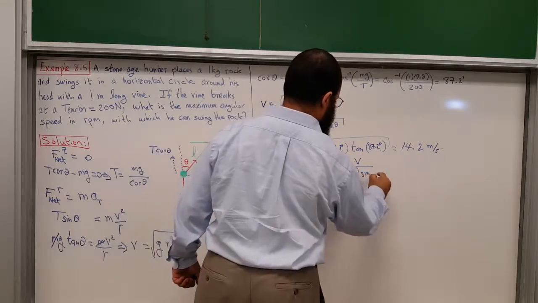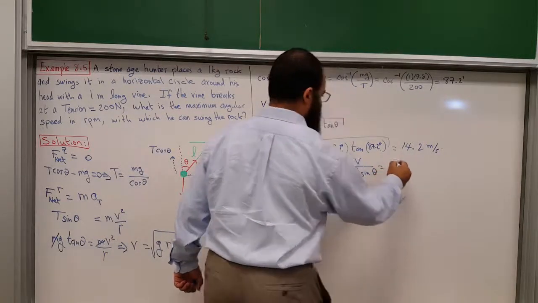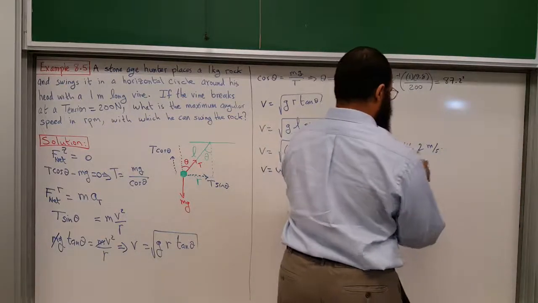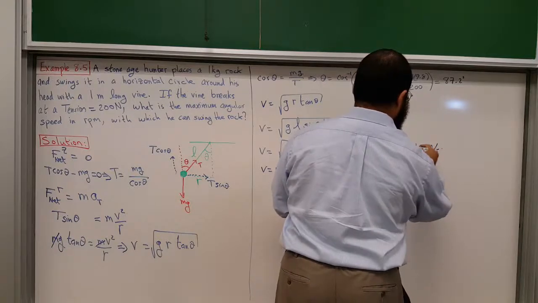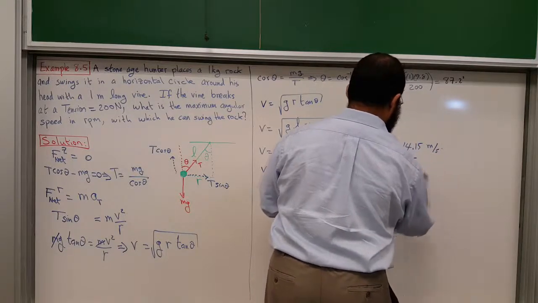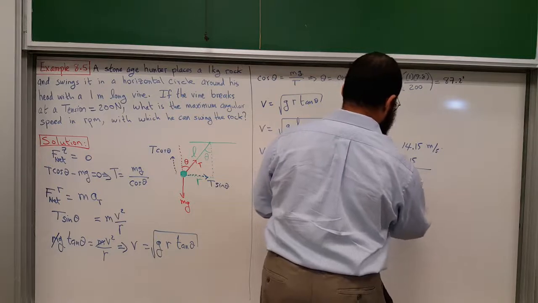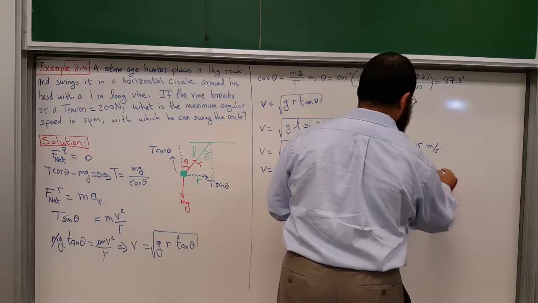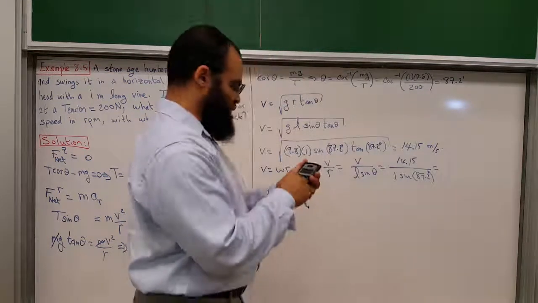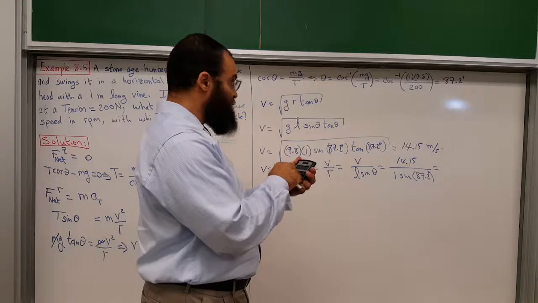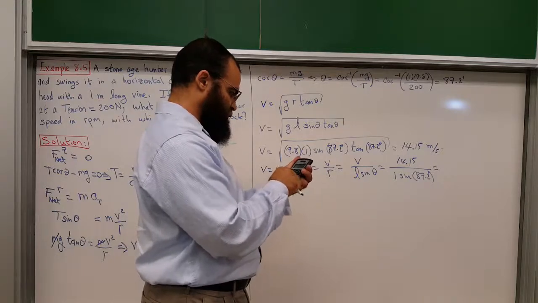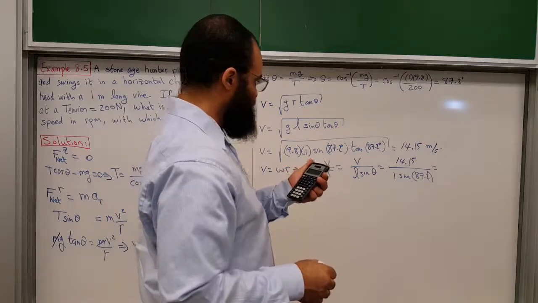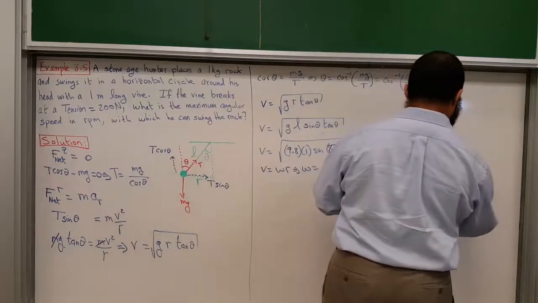So it'll be 14.15, not going to round, and then L is 1 times the sine of theta, which is 87.2 degrees. So omega would be this number over the sine of 87.2, about 14.16